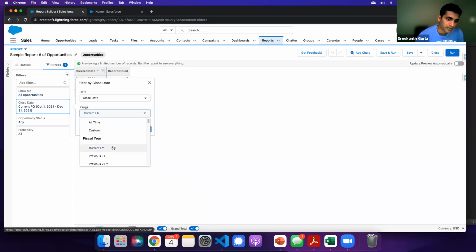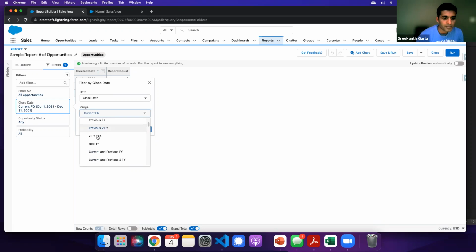Otherwise, if we don't have this feature, you have to manually set, okay, October is my date, and set it like that. And also, you see here, previous two fiscal years, and next fiscal year. How do you want to do all that stuff? There are a lot of out-of-the-box features that you can leverage very easily if you